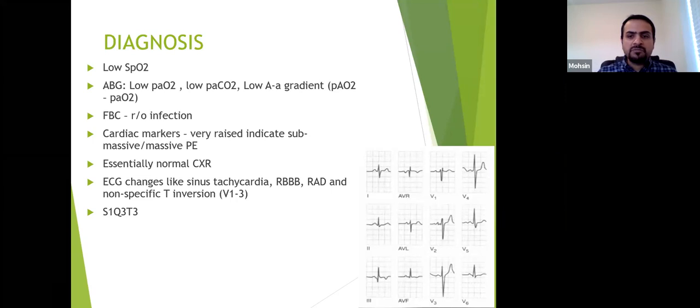Most patients present with a sinus tachycardia. The other changes of right ventricular strain that can happen with pulmonary embolism can be there as well, such as right bundle branch block, or a right axis deviation, or non-specific T wave changes, either a tall T wave or an inverted T wave in the anterior chest leads. But the most common ECG finding in a PE is a simple sinus tachycardia, because the patient is tachycardic at that time.